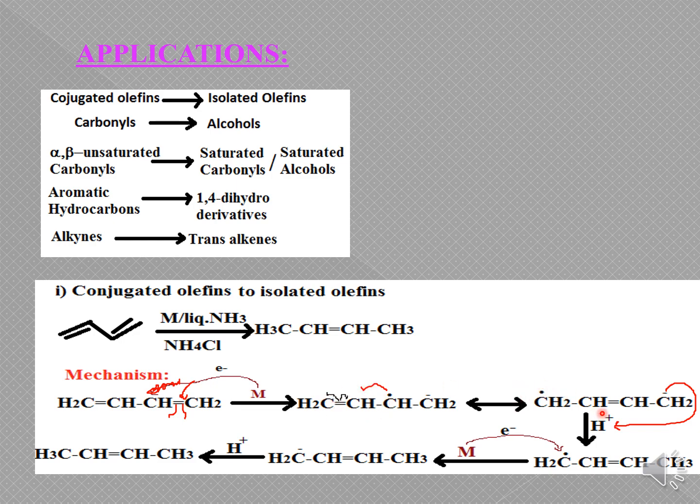So what you have to understand here is that you take the metal, you lose one electron from here, and then you gain the radical and the carbanion on the adjacent carbon. Again, if a double bond is present on the adjacent carbon atom, there is again a homolytic fission, and you generate one radical; the second radical that is present will form one bond, okay. Then there is a proton transfer, that is, protonation. The carbanion will abstract the proton, and then you will result in the methyl group. And next, the radical sitting over here is unstable.